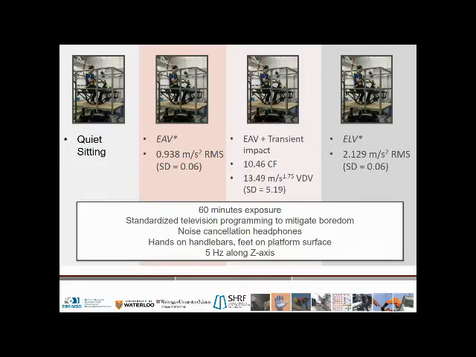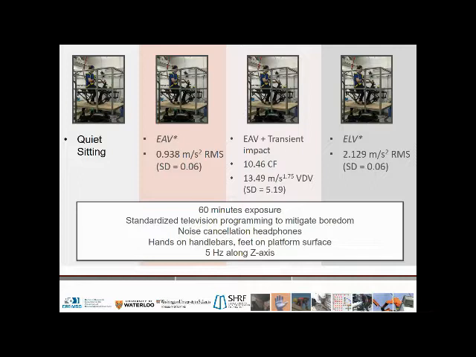So here's our 4 conditions. Our control condition, which we asked participants to sit quietly on the all-terrain vehicle setup while watching standardized TV programming for 60 minutes. A low condition, which was based off of the exposure action value with the resultant acceleration shown here. The mechanical shock condition, where we superimposed transient impacts above our EAV or our low condition at 1-minute intervals, leading to a crest factor of 10.46 and the vibration dose value of 13.49 root mean quad. And a high condition, which was based off of the exposure limit value with the